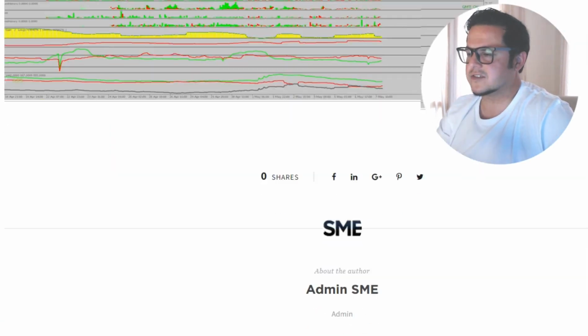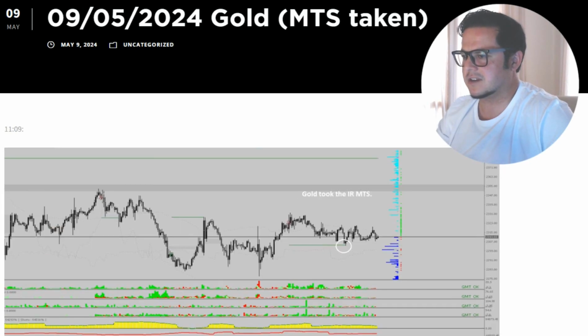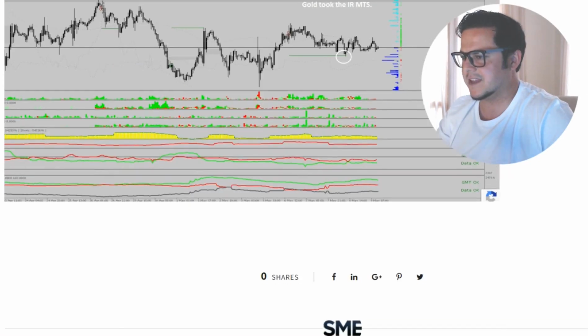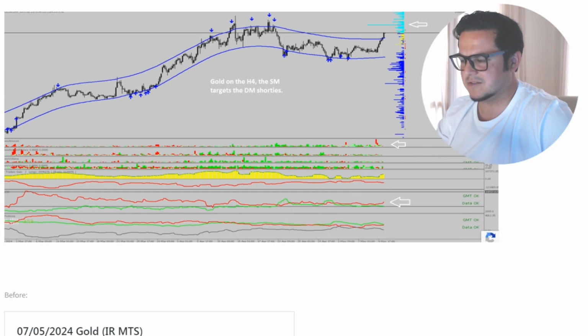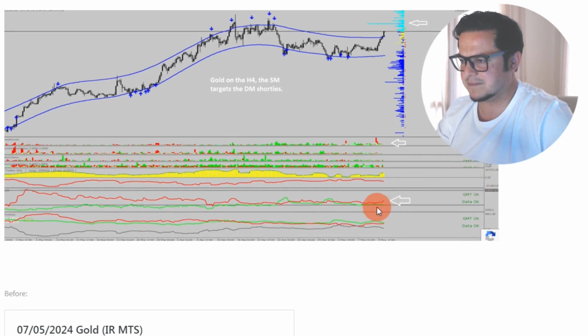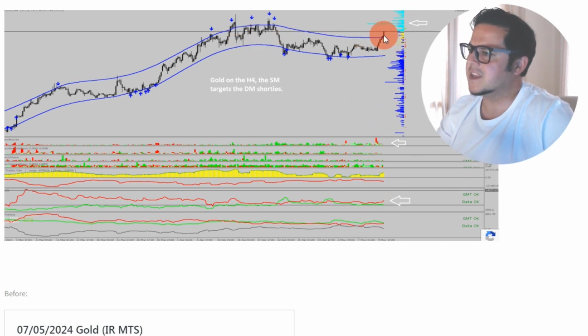All right, gold. So remember, we had gold clearing out all the MTS, going down, clearing against the longies, but then with a proper dumb money switch, shorties, big shorties came in, and they did an exaggerated move to the high, because there was an expanding short activity, as you can see here. They can even take the STS and LTS at the high.